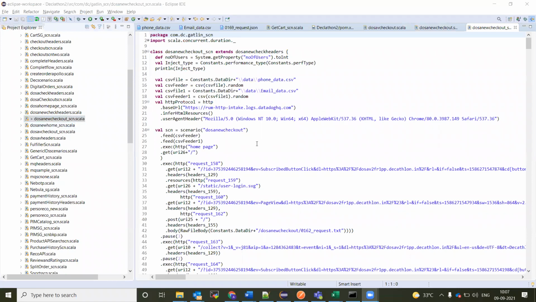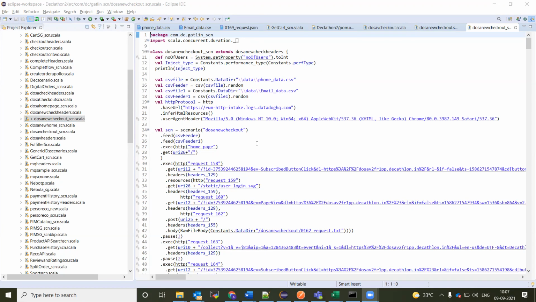So yesterday we saw how we can record the scenarios, and we were also speaking about removing the .png files like images, and .css and .js files, because these will not have any impact in the load testing. If you are doing load testing at the server end and checking server parameters and server checks, these may be in the CDN or taken from a different place.